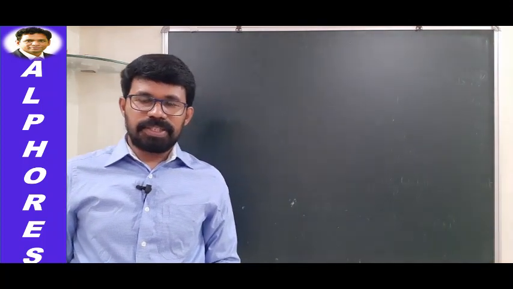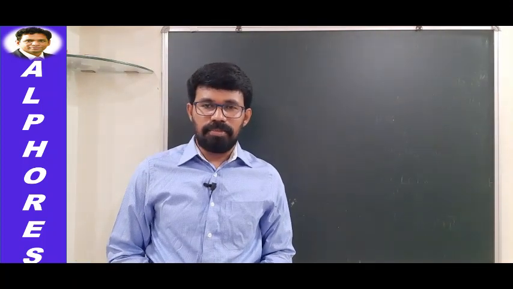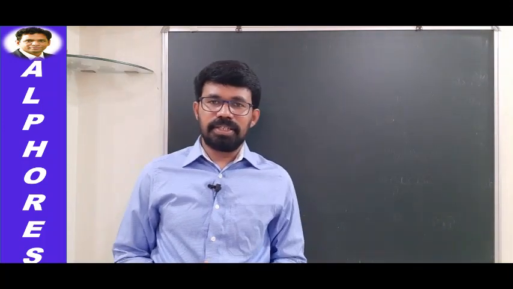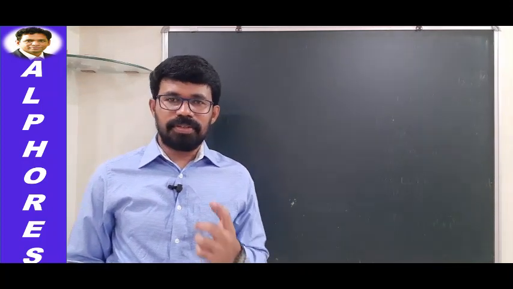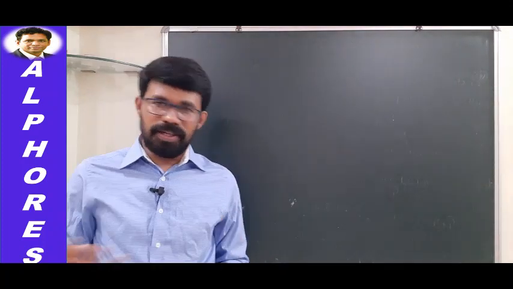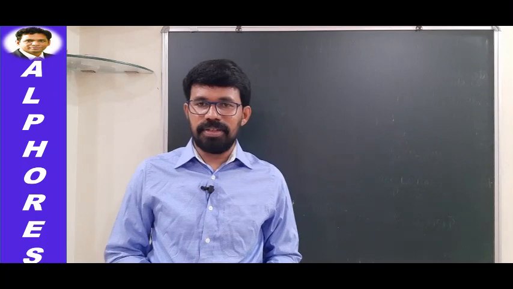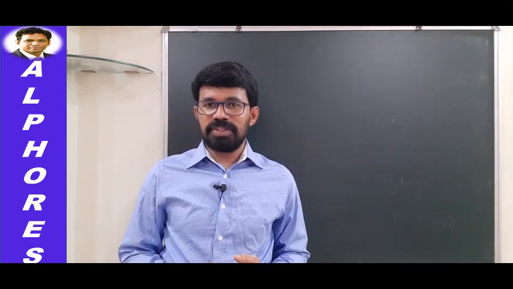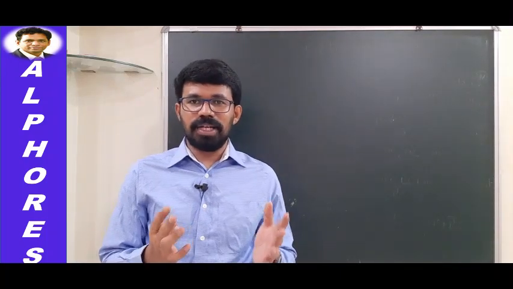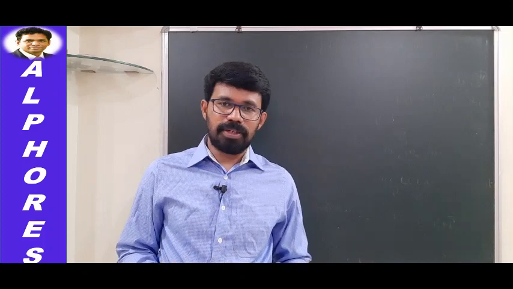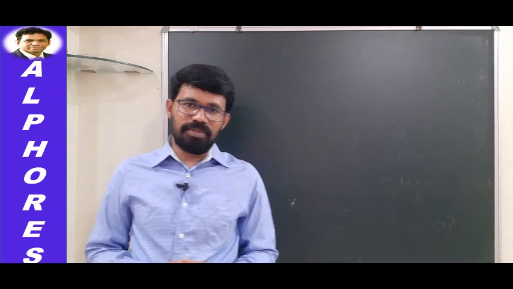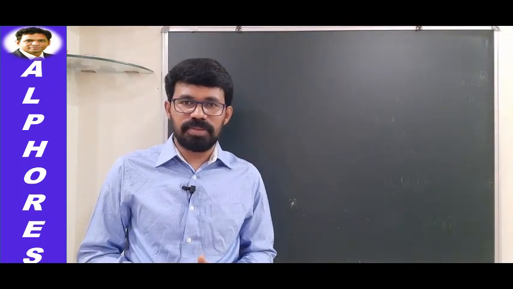Today we are about to deal with session number 107, second year NEET, magnetism and matter. In the previous sessions, we have dealt with fundamental data connected with magnetism, and we have dealt with magnetic moment, and how the magnetic moment will change if the magnet is cut parallel to its length and perpendicular to its length, and how it will change if the magnet is bent, and what is the resultant magnetic moment if two, three, four, or whatever number of magnets are taken in different orientations. These are the details that we have dealt with. So in this session, let us proceed with a few problems. We'll solve a few problems.